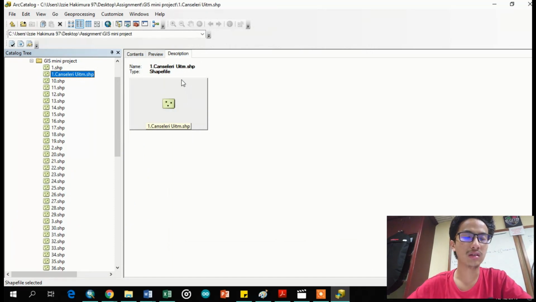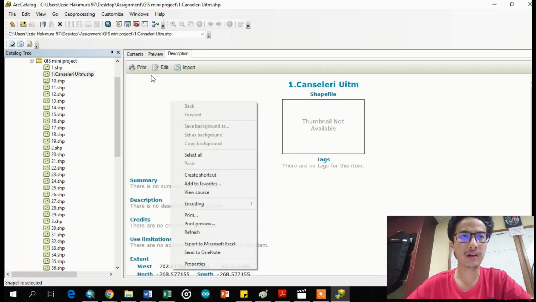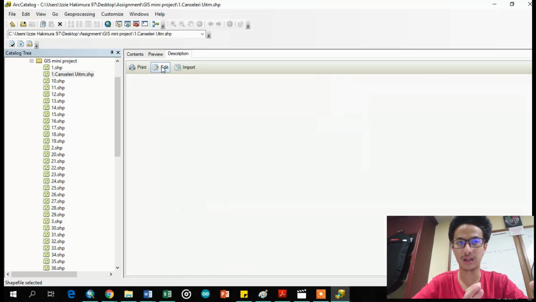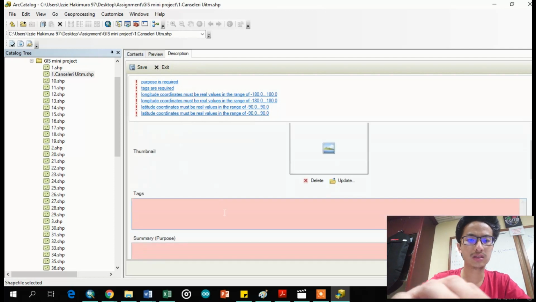We need to edit the figure. Then we take the edit part, so we can edit the description of this location. So we name it as the Chancellery UiTM Shah Alam.